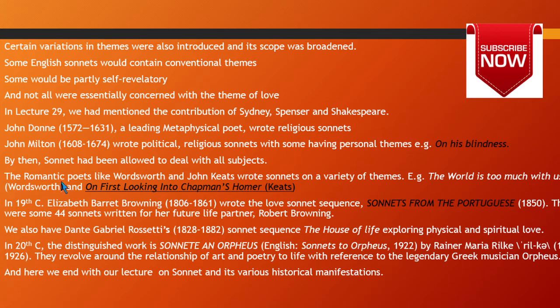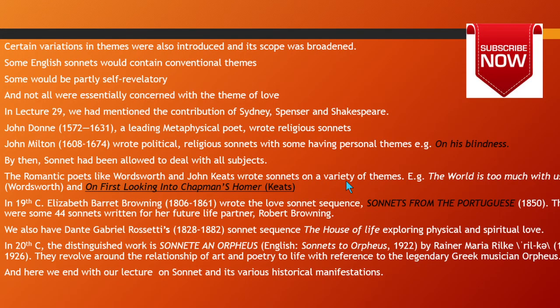If you look at the romantic poets like Wordsworth or John Keats, they also followed a variety of themes while writing their sonnets. The sonnet "The World is Too Much with Us" is written by William Wordsworth, and in this sonnet he talks about the excesses of the world, and the way we have been spending our worldly lives. So this is again a different sort of theme. And then